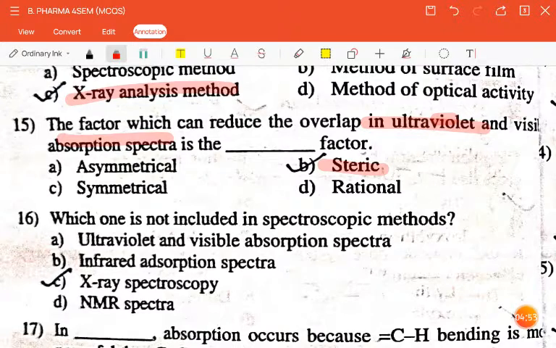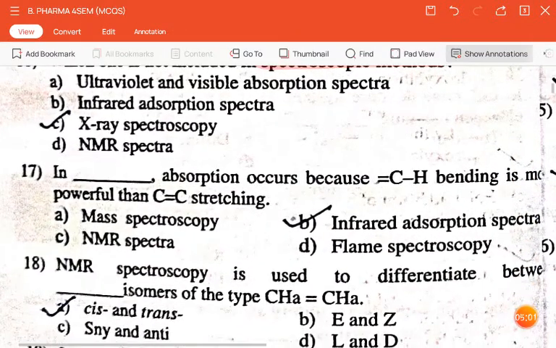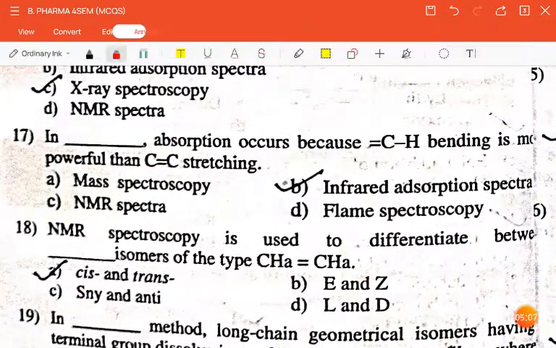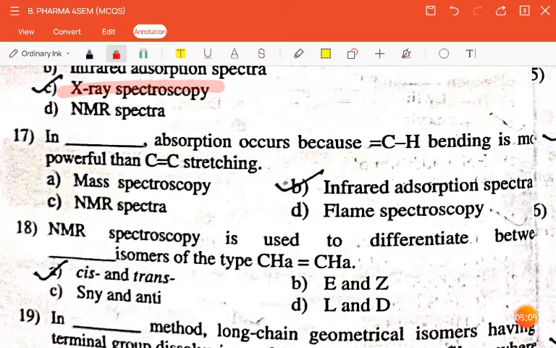The next question is, which one is not included in spectroscopic methods? Ultraviolet and visible absorption spectra, infrared absorption spectra, X-ray spectroscopy, NMR spectra. So X-ray spectroscopy is not included. The next question is, in dash the absorption occurs because CH bending is more powerful than carbon-carbon double bond stretching. Mass spectroscopy, infrared absorption spectroscopy, NMR spectra, flame spectroscopy. So the correct answer is infrared